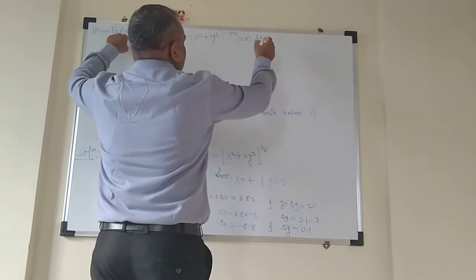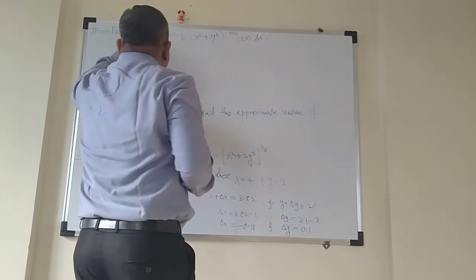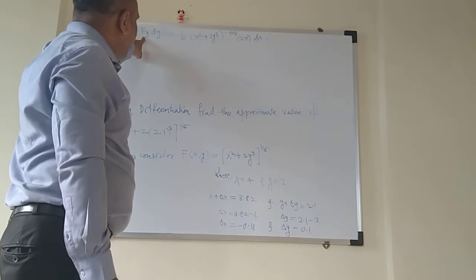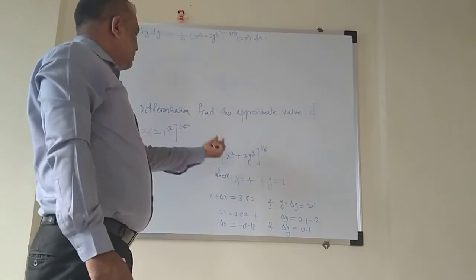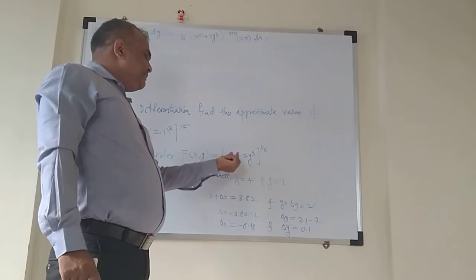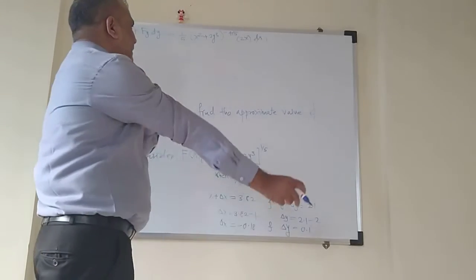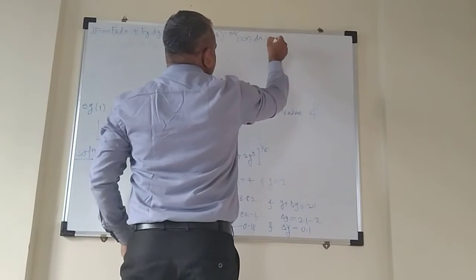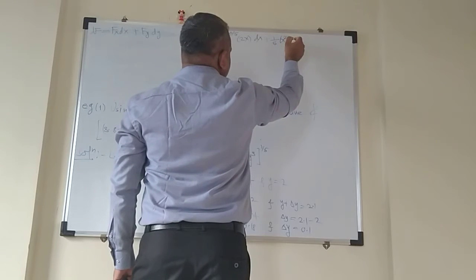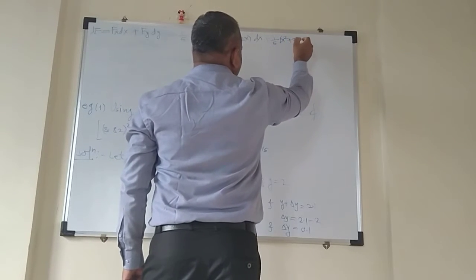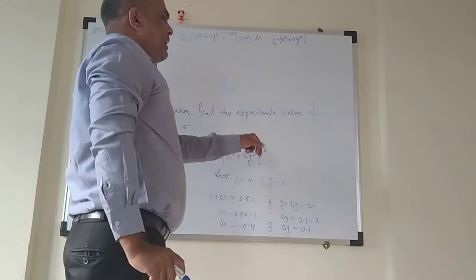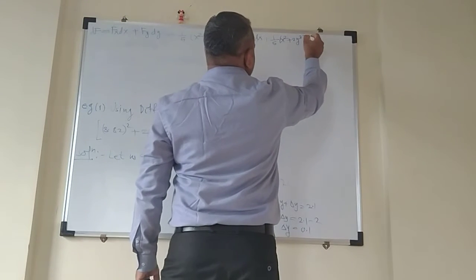So this is dx plus, similarly calculate the value of fy. The value of fy is ∂f/∂y, that means the differentiation of this bracket with respect to y, keeping x constant. So differentiation of this bracket will be same as the earlier one. So 1 upon 5 into (x² + 2y³) raised to power 1/5 minus 1 will give me minus 4/5